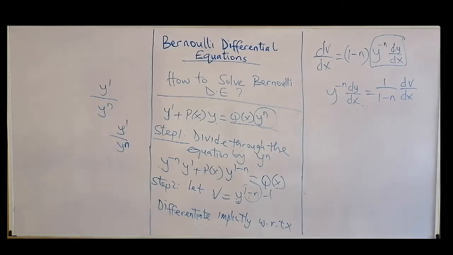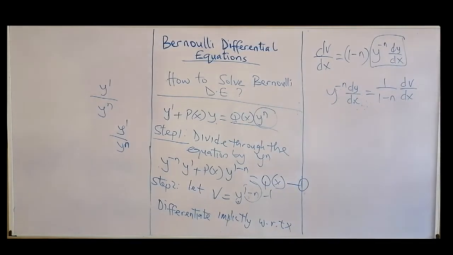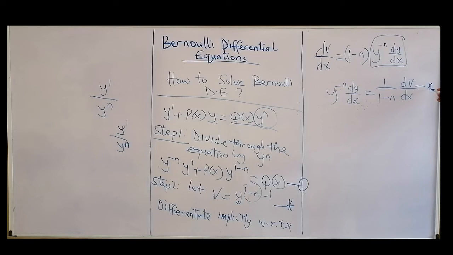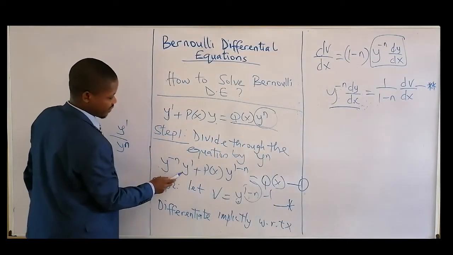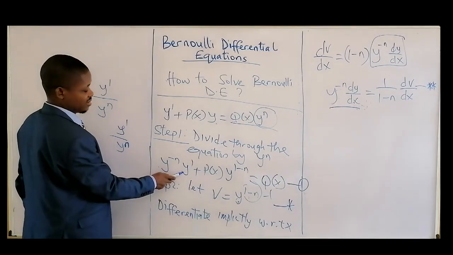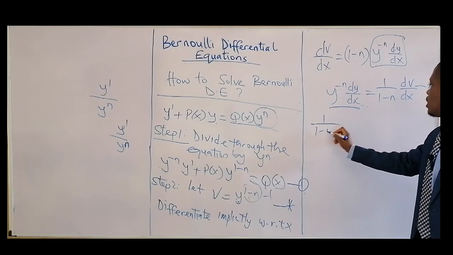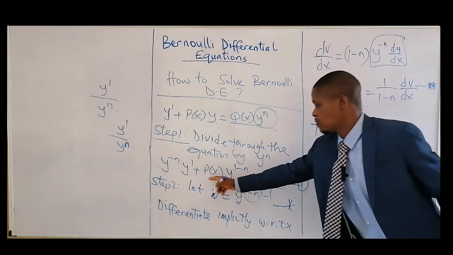Okay, so we can call this first one equation 1. Then we can call this one star 1, and this one star 2. Okay, so substitute star 1 and star 2 into equation 1. So equation 1 becomes, wherever you see y^(-n) times dy/dx, put this one there. So that will be equal to 1 over 1 minus n, dv/dx, and then here plus